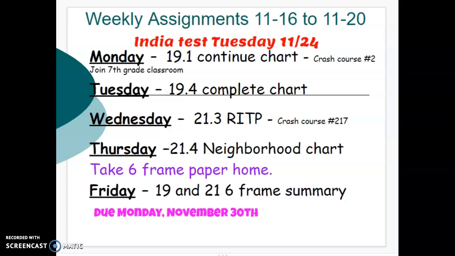Tuesday, we finished up that chart. You turned it in. I got those graded and returned to you. So if you haven't seen your grade yet, it's probably because you didn't turn it in yet. If you did, let me know. Wednesday, we did an RITP, looked at another crash course. Thursday, we did the neighborhood chart, and I had those of you who were in attendance take home a big